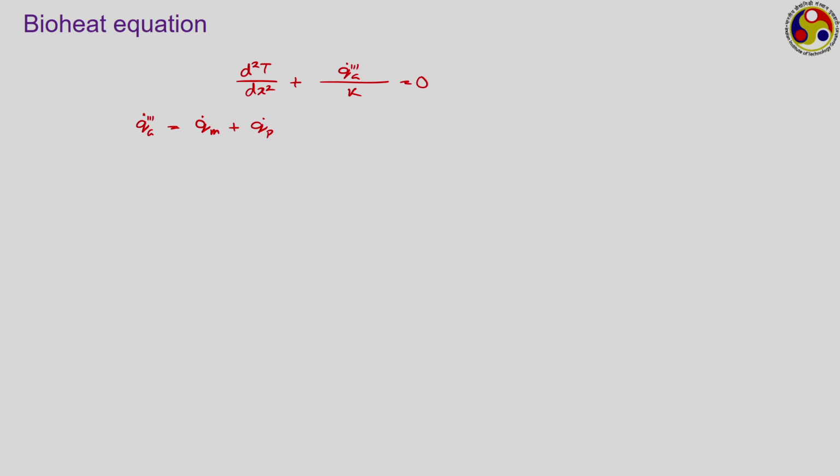For q dot m, we have standard charts available. When a person is sleeping, generally the total body generates heat in the range of 75 watts, whereas here we are writing in a per unit volume sense. So, that 75 watts needs to be divided by the total volume of our body to get the value of this q dot m triple prime. When someone is swimming, it goes in the range of 200 to 250 watts. When someone is playing high activity sports like tennis, it can be in the range of 400 watts as well.